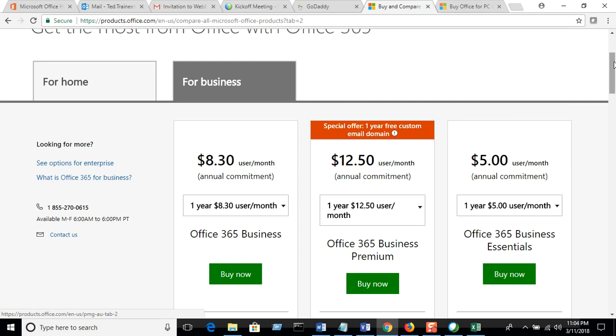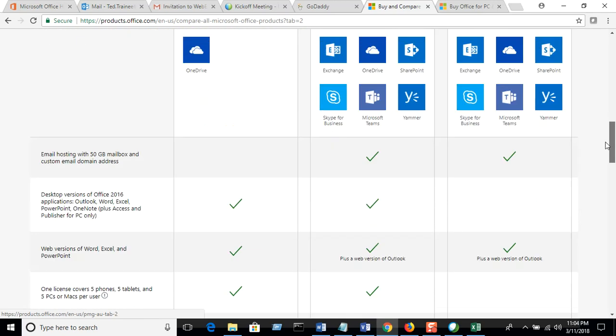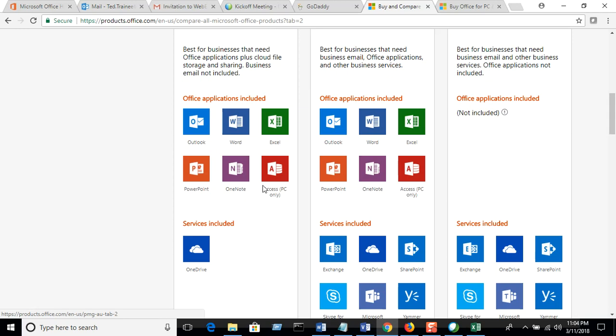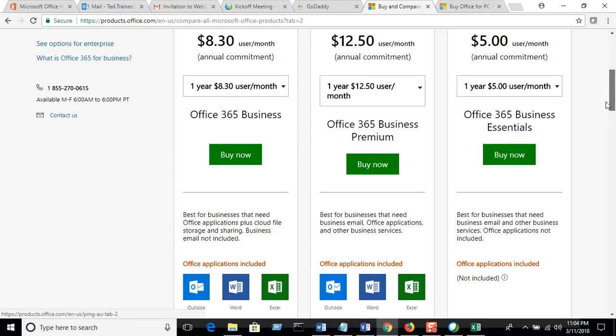Well, now I guess I feel like we had a really good solution, so it's just seemingly a little more expensive because yeah, I do like that Exchange email option you talked about because it is really important for me to be able to use my email anywhere, and I don't want to have to deal with having email stored on the local computer and things of that nature. So, yeah, I think even though you make a compelling argument that this plus buying the software might be more cost effective, I think I'm still leaning towards having this price point right here because it's just easier and it's still going to reduce my